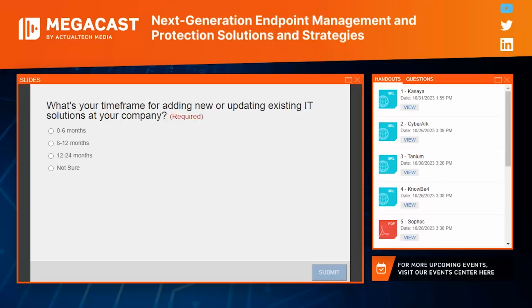Or is this more like long-term, just doing some research, seeing what's out there, and let us know where you're at? Again, no wrong answers here. This just helps our speakers know whether or not they're looking at people that have a little bit more urgency in that timeline or a little bit more of that long-term strategic research phase. And I'm seeing, to be honest, the vast majority of you in the not sure phase. And I love starting a webinar like that. I love starting a webinar with a little bit of not sure, because that means you guys are all open. You're here to learn. You're excited to pick up all the information that you can.